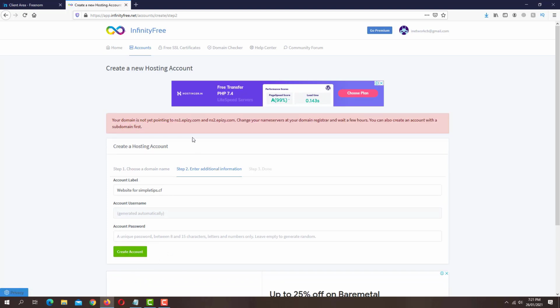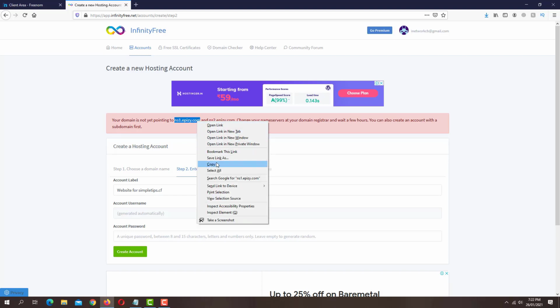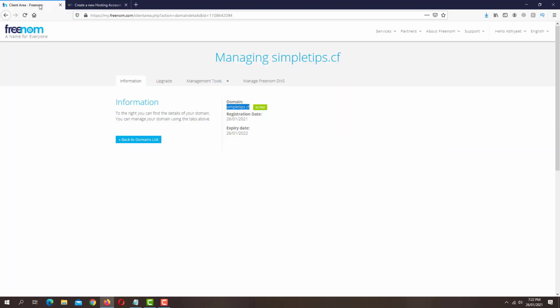Once you do that, you will get this message as your domain is not yet pointing to the name servers. Just copy this name server and go to freenom.com. Now under management tools, click on name servers. Here select the use custom name servers.